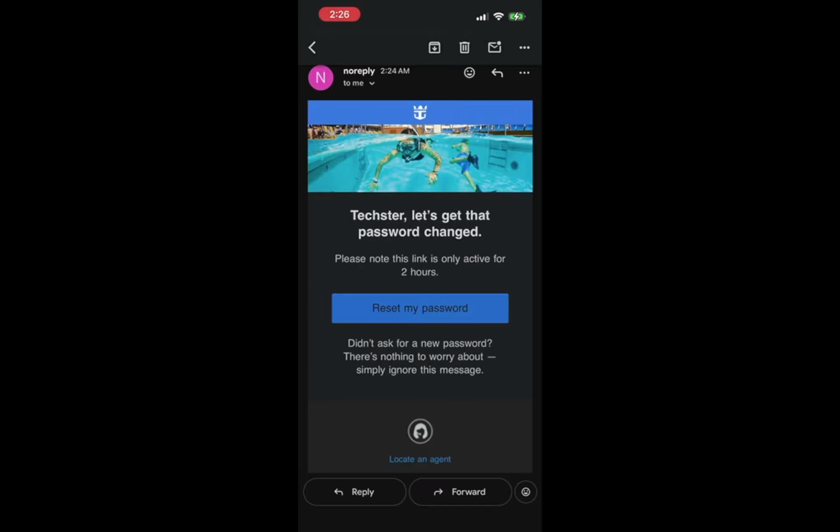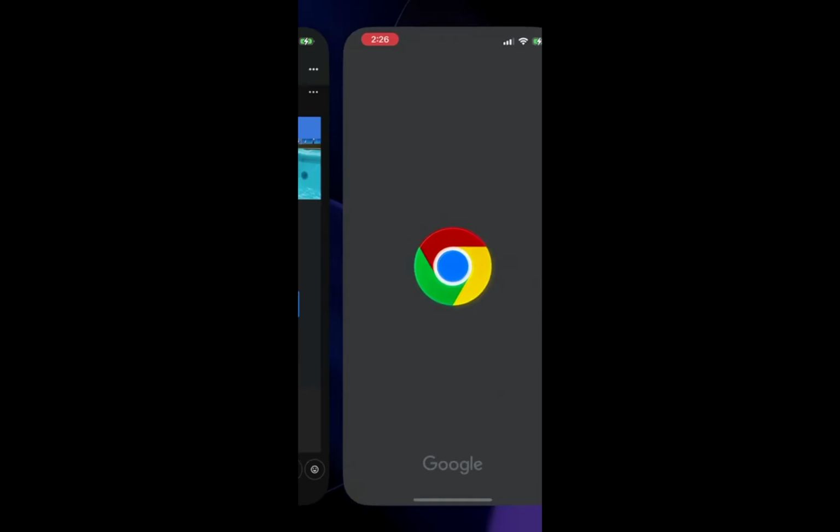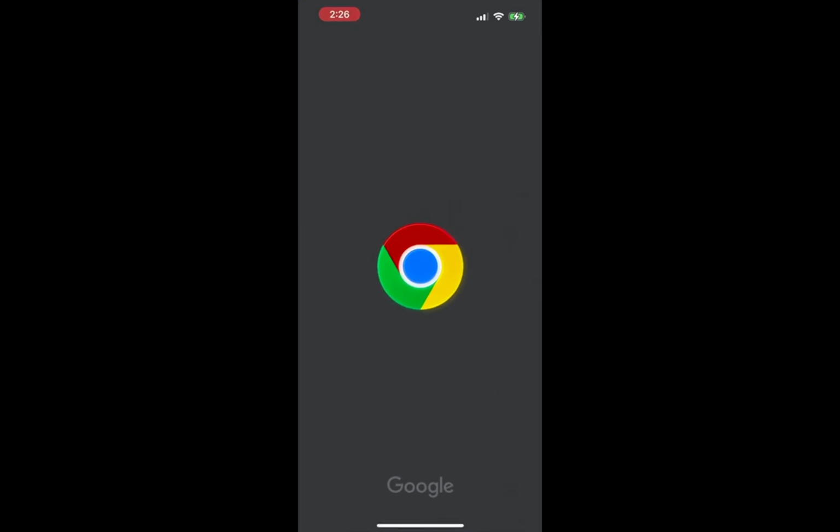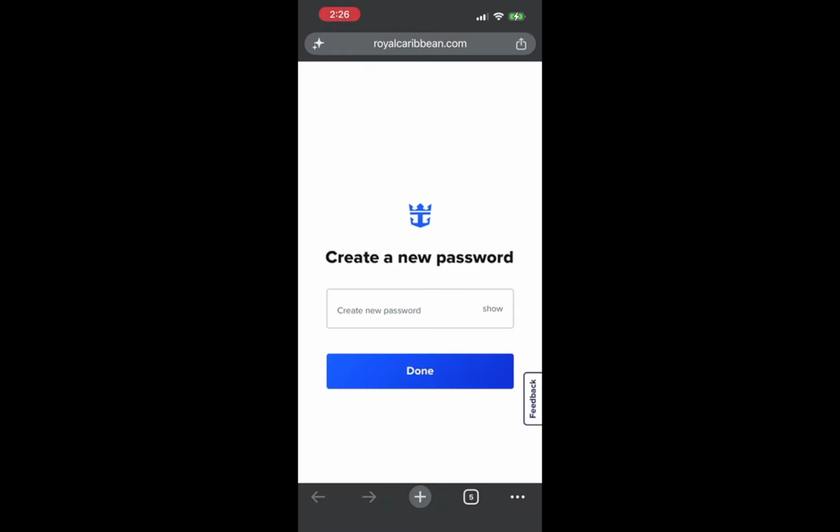Once you find the email, tap the Reset Password link provided in it. This link will take you to a secure page where you can set up a new password. It's crucial to click this link promptly as it may have an expiration time. By doing this, you take a significant step toward regaining access to your account while ensuring your data remains protected.